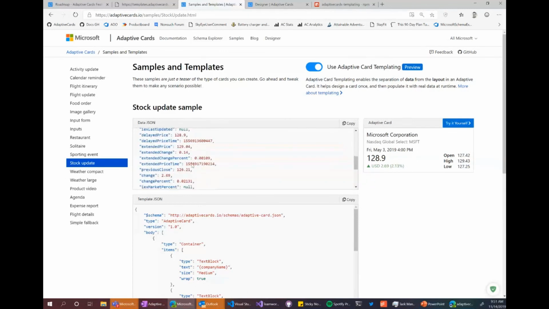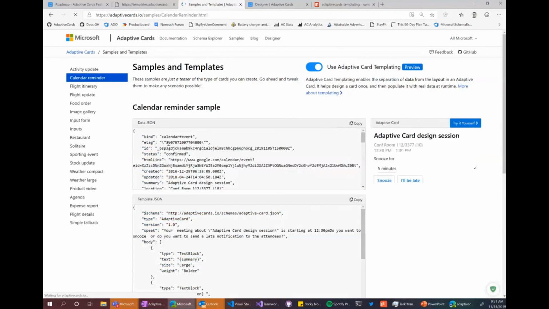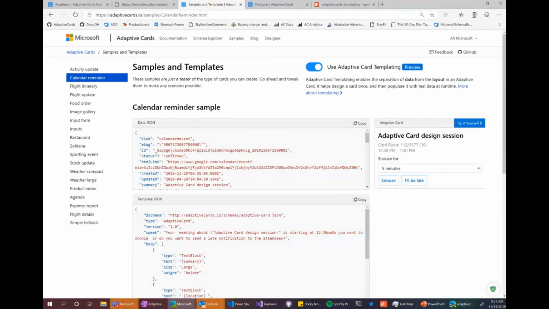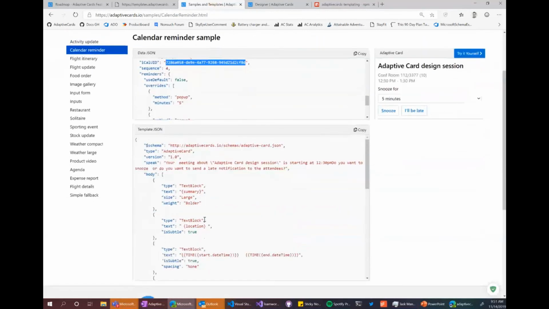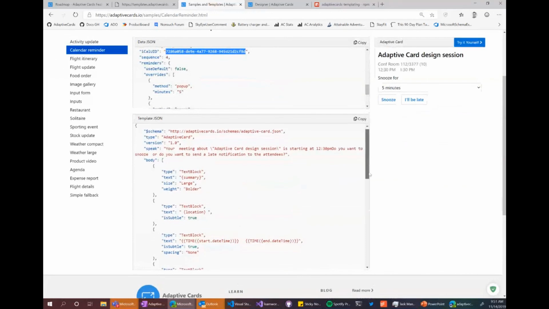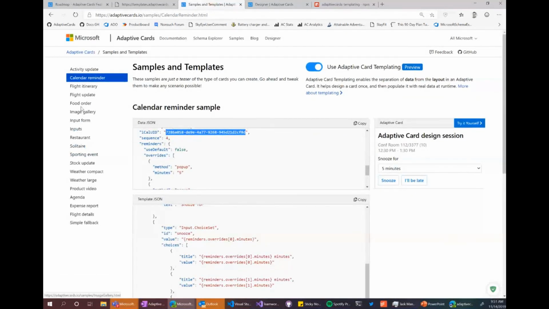That's why if you look at all these samples, we tried to find data from the web. If I click on this calendar reminder, the data we used is a Google Calendar event. We scoured the internet to find real data formatted in very weird ways, because that's the reality of data. And then could we write a template over that data without necessarily modifying the template?